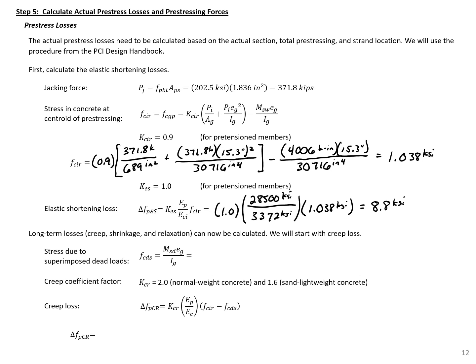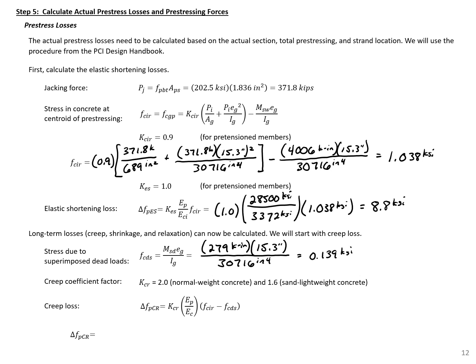Next we can find all of our long-term losses, and we're going to start by finding our creep. For our creep, we need to include our stress due to the superimposed dead loads. For this, our M_sd, our moment due to superimposed dead loads at midspan, is equal to 279 kip-inches. Our eccentricity we still have as 15.3 inches, divided by our moment of inertia, 30,716 inches to the fourth, will give us a stress equal to 0.139